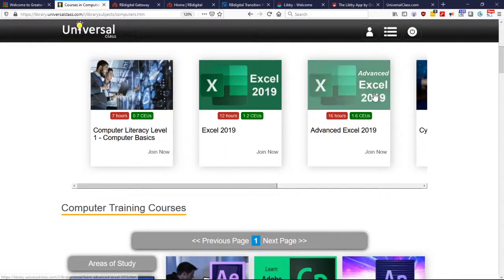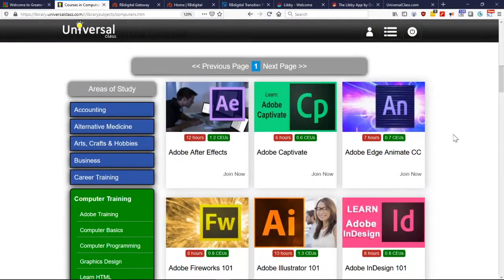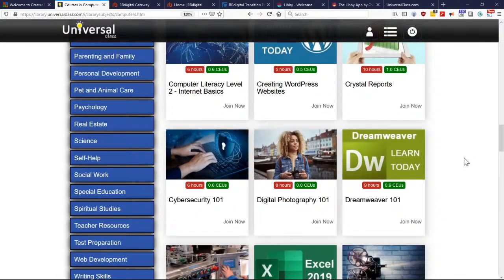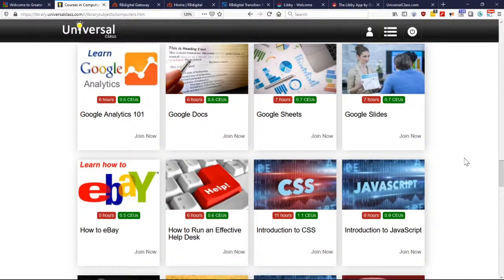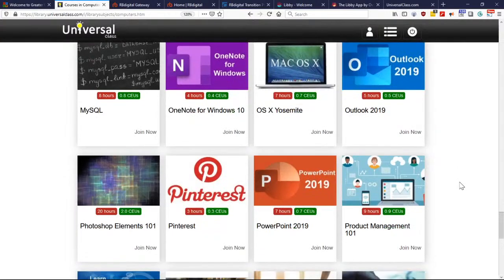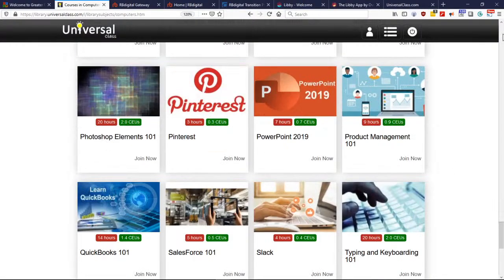There's Excel, even someone that wants to know advanced Excel. If you want to know advanced Excel, you're probably an accountant already. Cybersecurity. After Effects is on here. WordPress. Let's see, digital photography even. Google Sheets, Google Slides. Let's see, Word. Typing, keyboarding, Windows 10, and of course Windows 8 as well. It's a 5-hour course. Now if you go back,